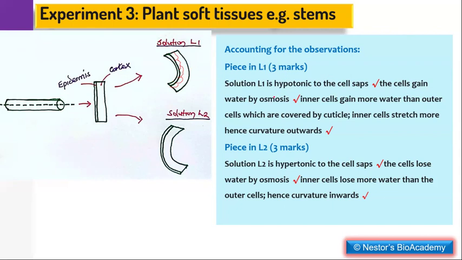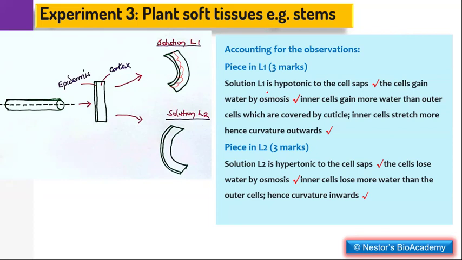So that is the explanation to give there. The solution L1 is hypotonic to the cell sap. So the cells gain water by osmosis, but the inner cells gain more water than outer cells because the outer cells are covered by cuticle, and the inner cells therefore will stretch more than the outer cells, hence the curvature